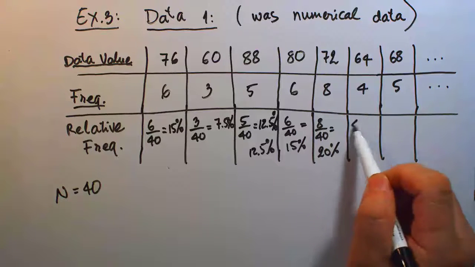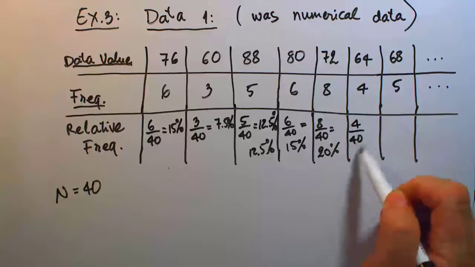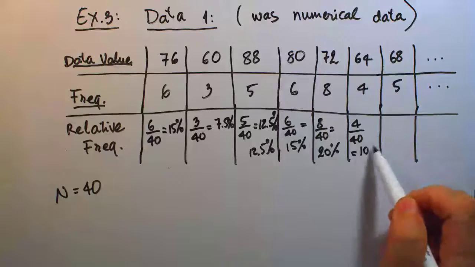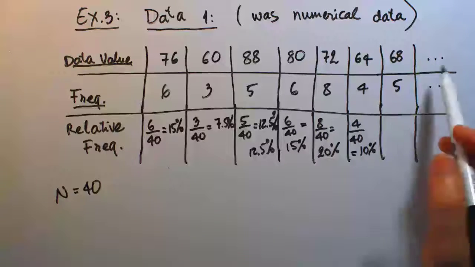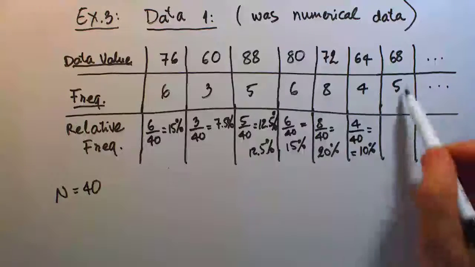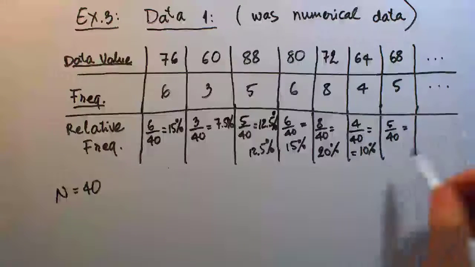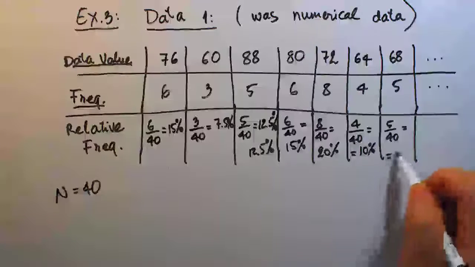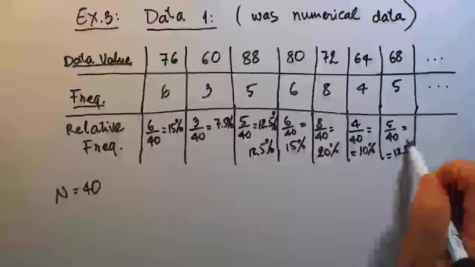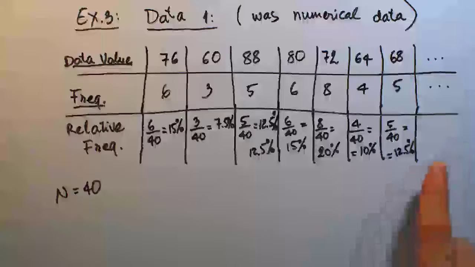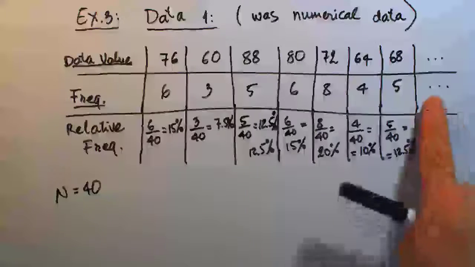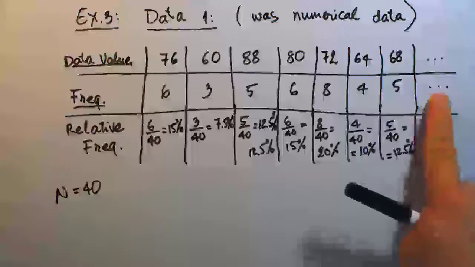And then so on and so on. 4 out of 40 is the same as being 10% of the data. And here 5 out of 40, and that's 12.5%. And of course, here I'm running out of space, but anyone who viewed this video, if you have time,